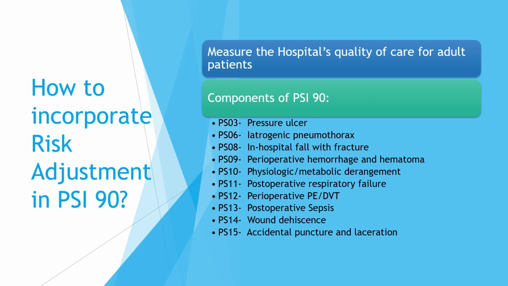How to incorporate risk adjustment in PSI 90. PSI measures the hospital's quality of care for adult patients. Components of PSI 90. PS03, pressure ulcer. PS06, iatrogenic pneumothorax. PS08, in-hospital fall with fracture. PS09, perioperative hemorrhage and hematoma. PS10,